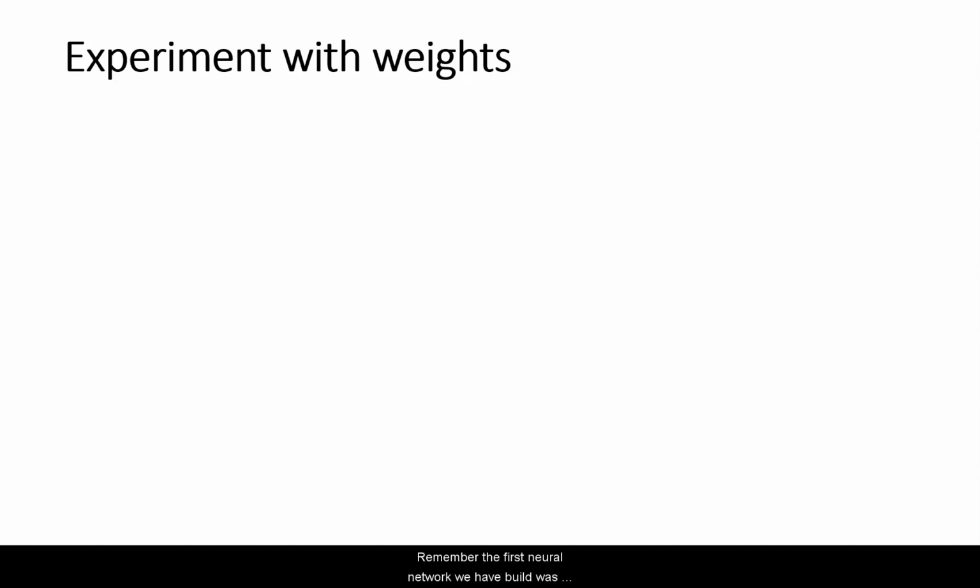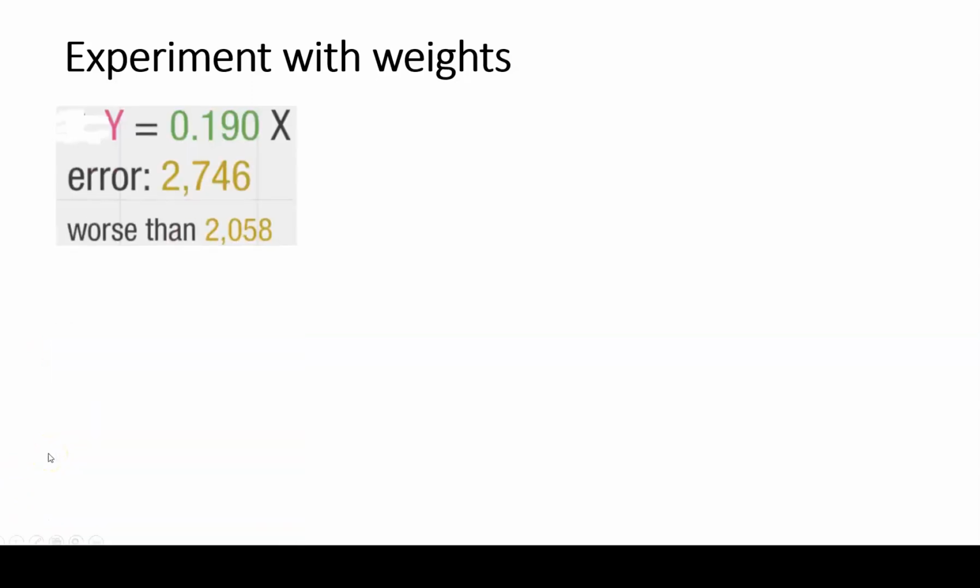Remember, the first neural network we built was based on y is equal to 0.180x, where 0.180 was my parameter or the weight. So now what I have done is I have taken a different value of my parameter, which is 0.190, and